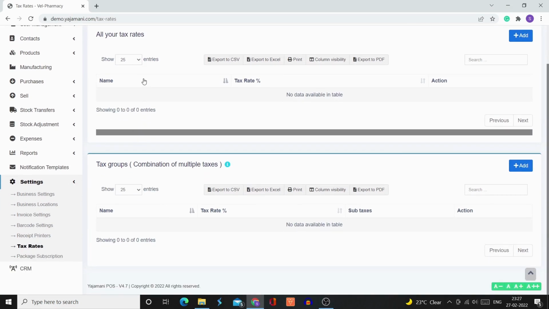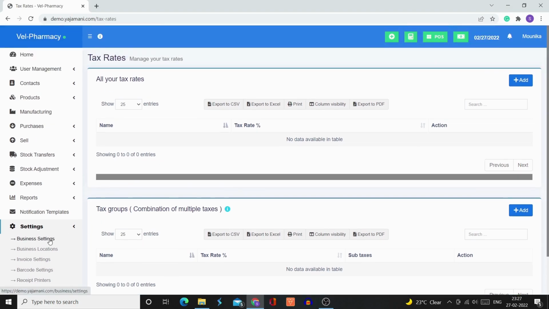and then individual tax rates according to the products available at a particular business location, and here the tax groups, like a combination of SGST and the CGST. So this is an overview of all the functions available in this